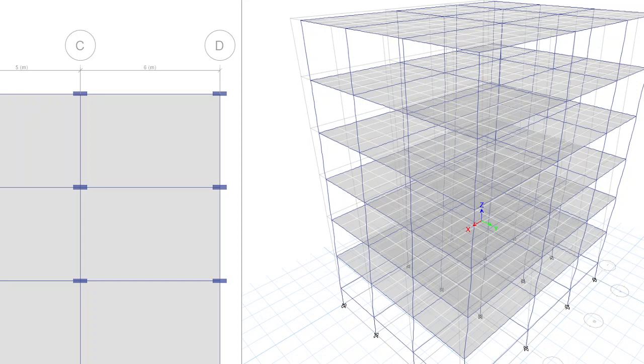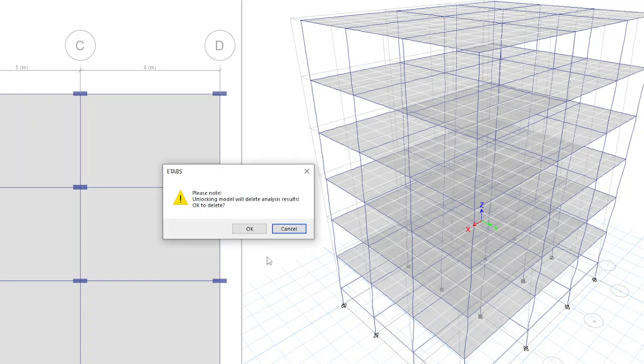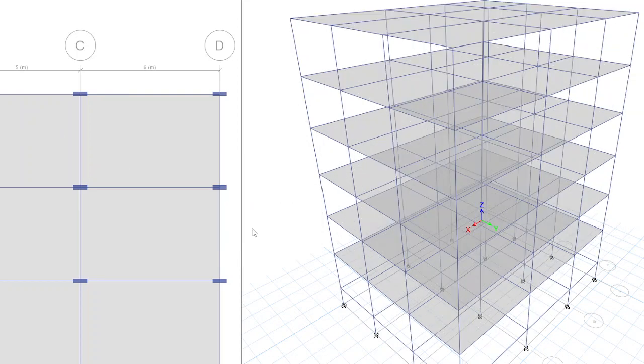So coming to time history, I'll just unlock the model. For time history to perform the analysis, you need to have earlier time history record data, like previous earthquake data. It may be Bhuj earthquake or El Centro or any recorded earthquake data. You'll be getting it as time versus acceleration, ground acceleration data. That will be provided as the loading here.